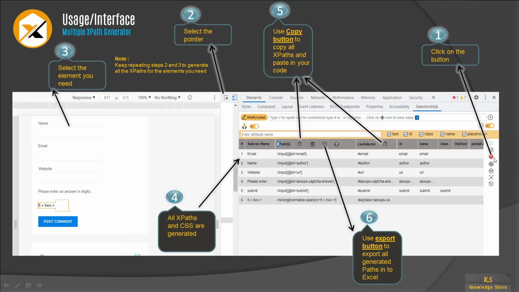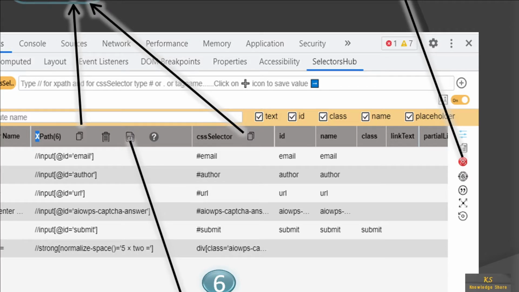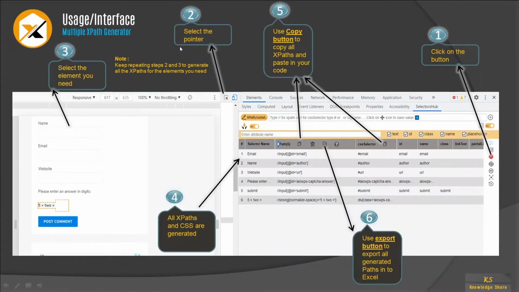Okay, so you can see the icon here. You just have to simply click on this icon, and then, see, the second step is you have to click on this inspector button which you find in DevTools, and then select the element you need, and note down.